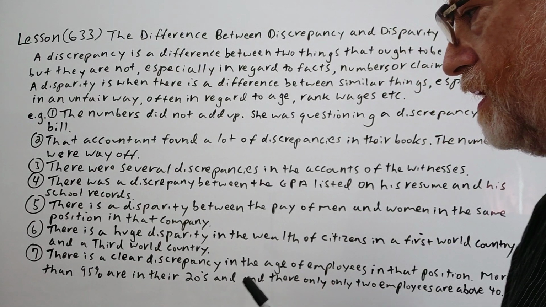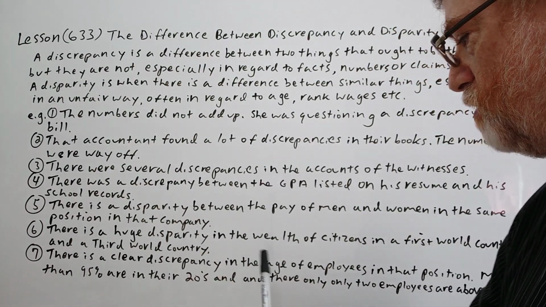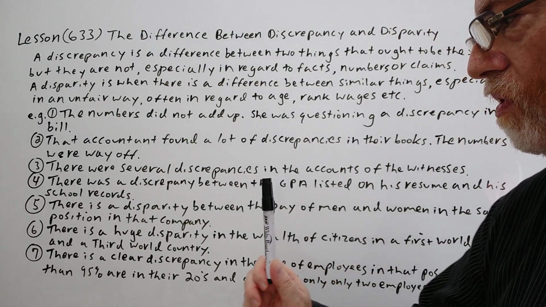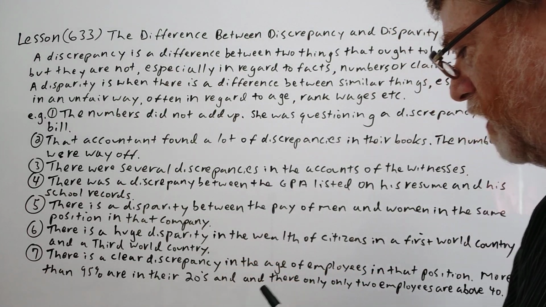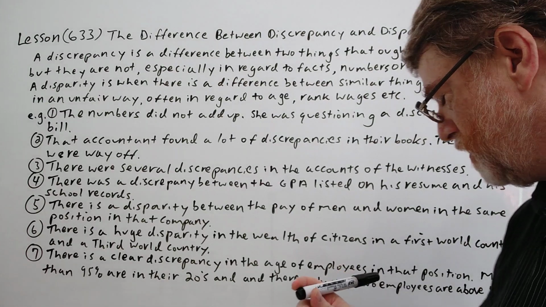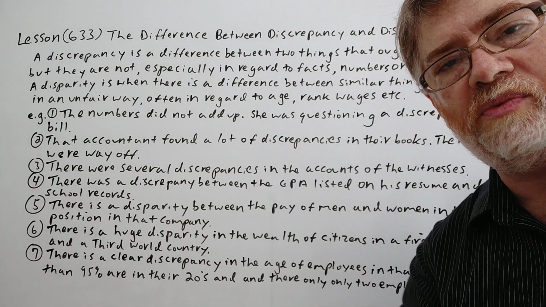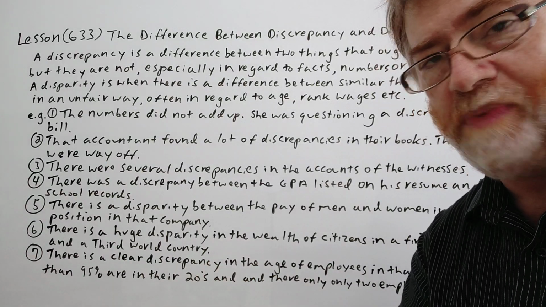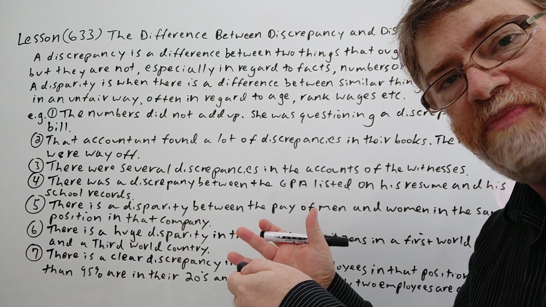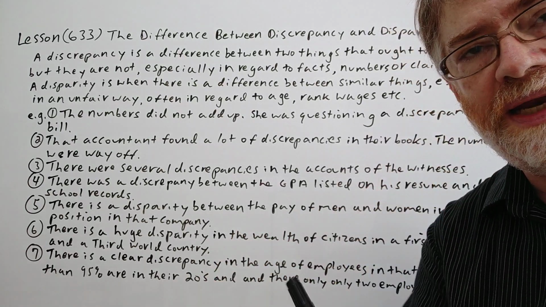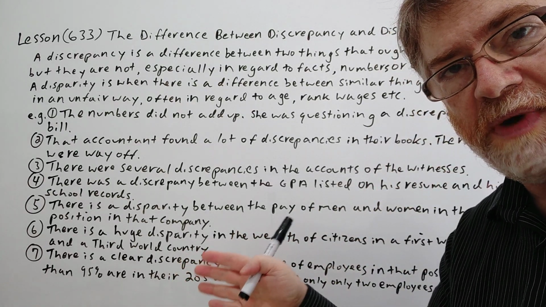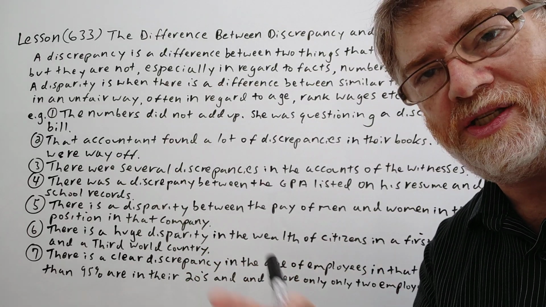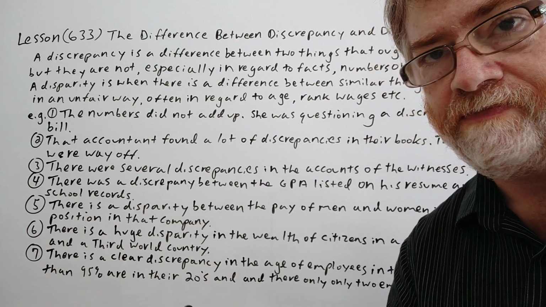All right. Number seven, there is a clear disparity in the age of employees in that position. More than 95% are in their 20s, and there are only 2 employees above 40. Well, you're assuming that it should be equal all around. Now, sometimes in some jobs, maybe it is better for a young person. Some jobs, maybe it is better for an older person. But here you're looking at it just from the perspective of age. It seems unfair. It seems unbalanced somehow. So in that sense, you're saying that there is a disparity. Okay, anyway,